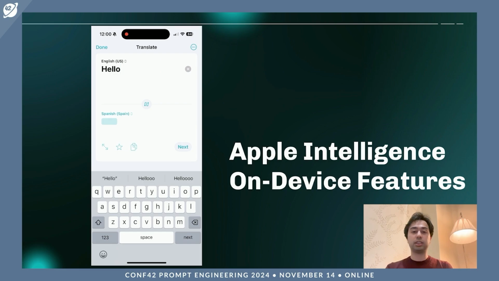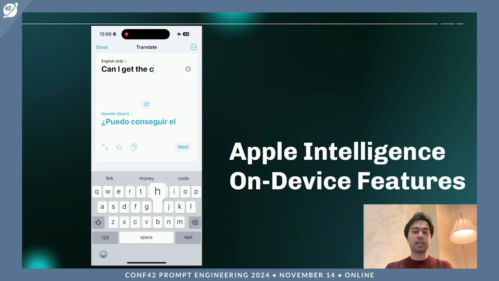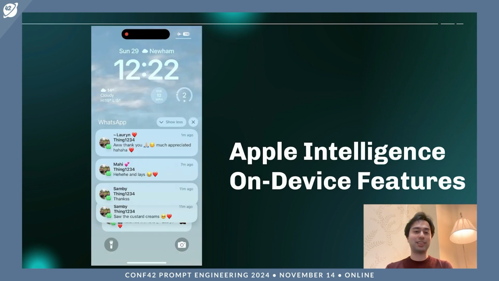It also downloads English. So now I go back into airplane mode and I write, "Can I get the churros?" And it translates to Spanish without the internet because airplane mode is on. And presumably this is correct. And I write thank you and it says gracias, which I know is correct.